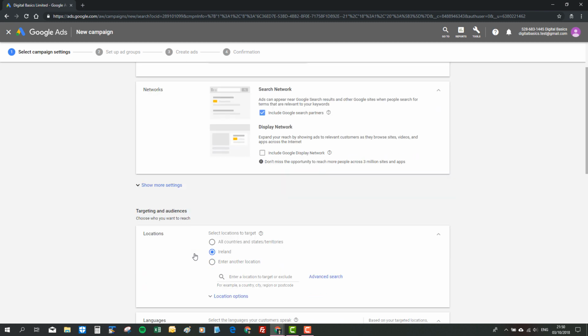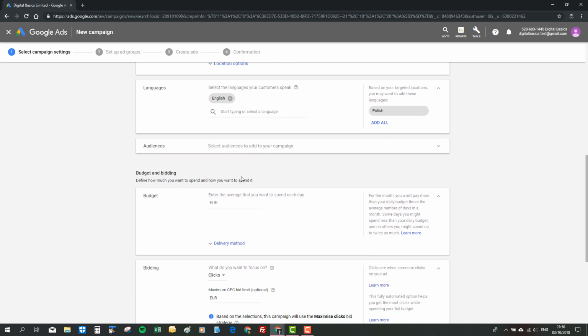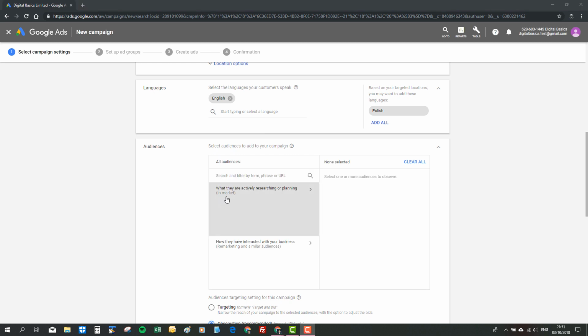Then we move down to our targeting and our audiences. So we'll begin with our location targeting, which we'll choose in as Ireland because that's where I am right now. What languages we want our users to speak, and we can choose English there or subsequent languages to the left. Then if we want to add some audiences to our campaign, so we might want to add some audiences around